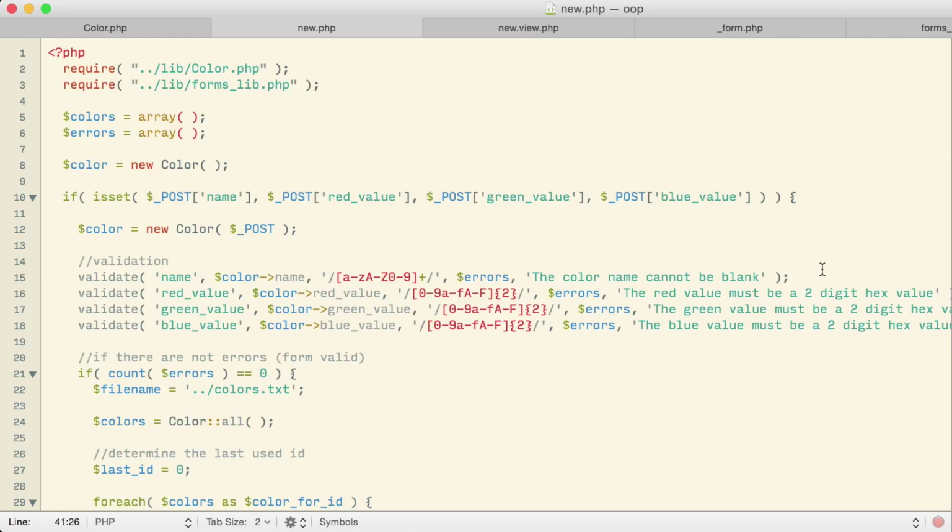So all of this business I have in here for my validation, I want to move into the color class itself. That also then means that I'm going to need to probably move the errors array into the class itself, which again seems appropriate to me. It seems like I should be able to go to a color itself and ask that color, are you valid or are you not? So there's going to be a number of different changes that will need to take place concerning that big move in validation.